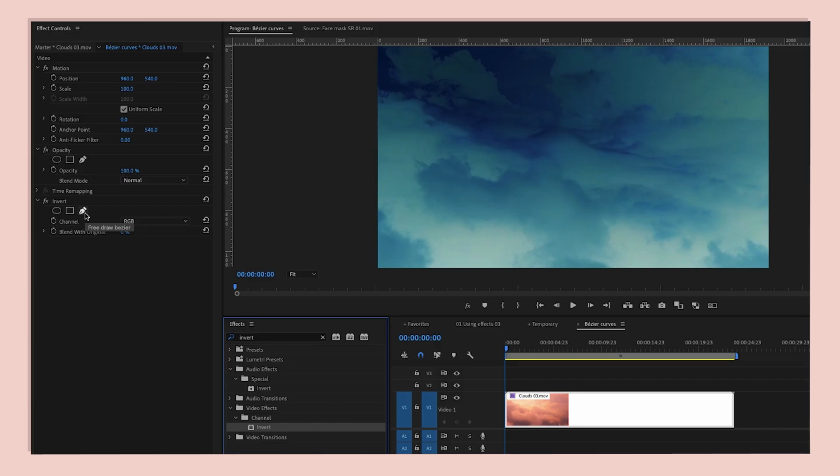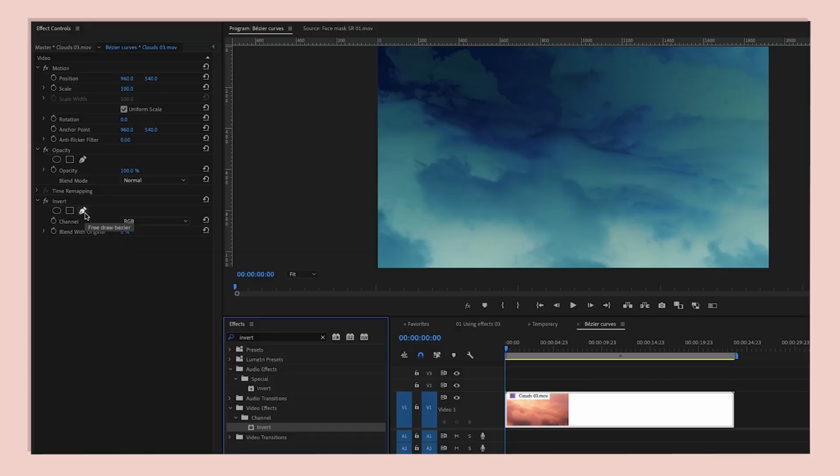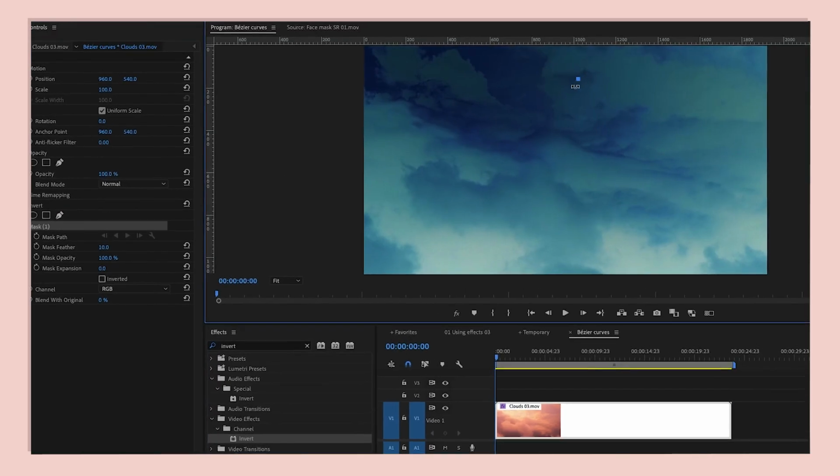Now, if you are already familiar with how to use the pen tool from other Adobe or design apps, then you might want to bounce to the next section, which you can find at this time code, but otherwise stick around. All right, so we're going to click this pen here to make a weird shaped mask,